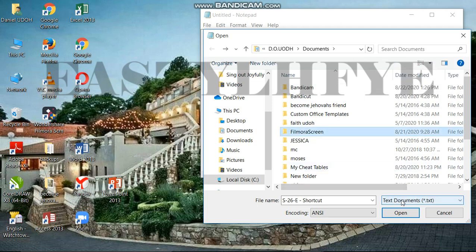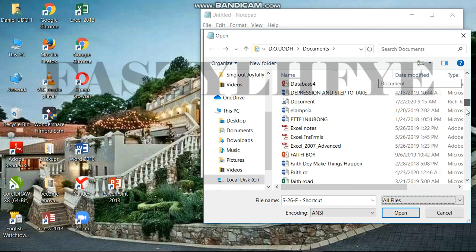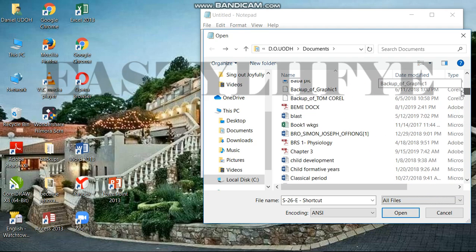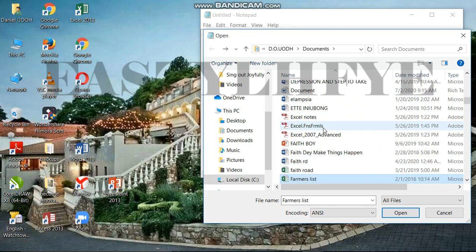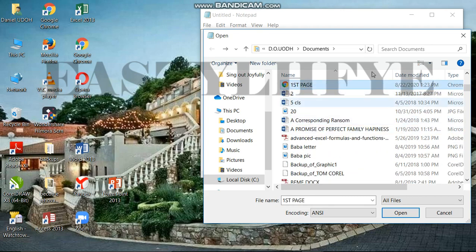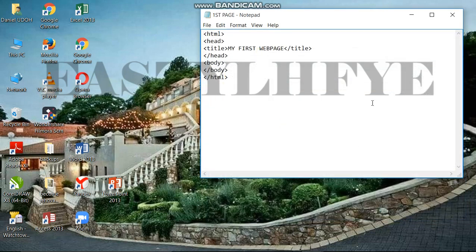this. We just open. All we have here are just text files, but what we created on Notepad in our last tutorial video was not a text file, so we changed this to all files. Alright, as you can see, this has gotten longer because now we're searching all files. So let's find that file. Its name was first. Alright, here we are. So open this. Okay, so you can see it's right here, the file we created last time. So let us continue